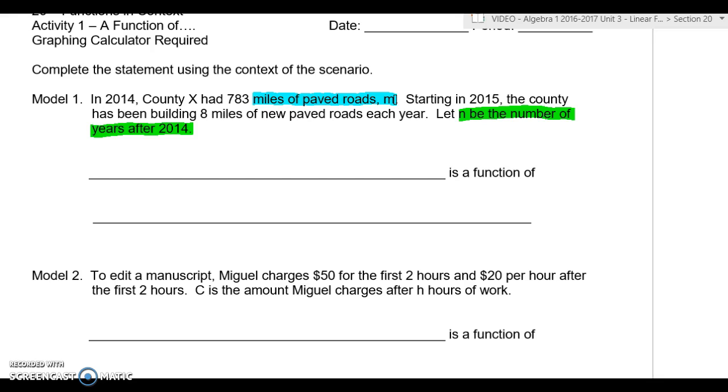Think of it in terms of science class. Science class, you guys talked, assuming anyway, you talked about an independent versus a dependent variable. The independent variable is the one that affects the other. That's an input. The dependent variable is the one that's being affected. That's our output. So when we're writing this as a function statement,